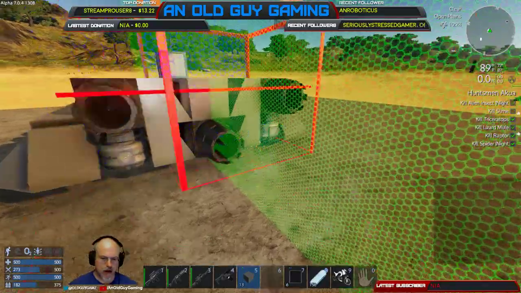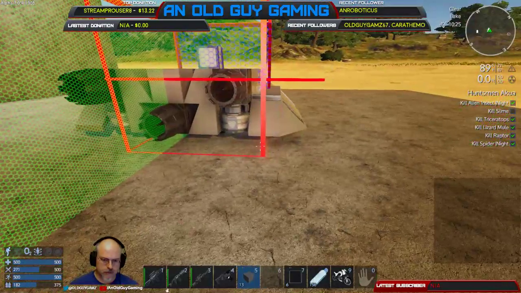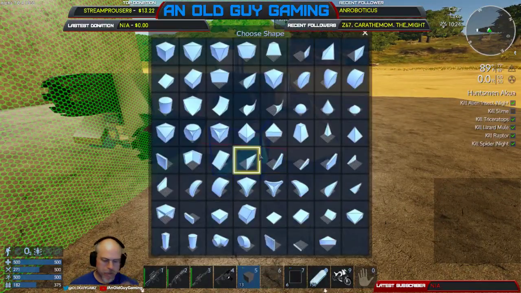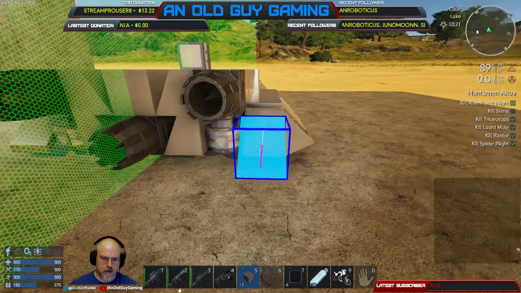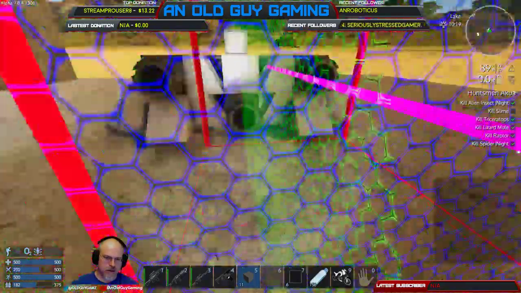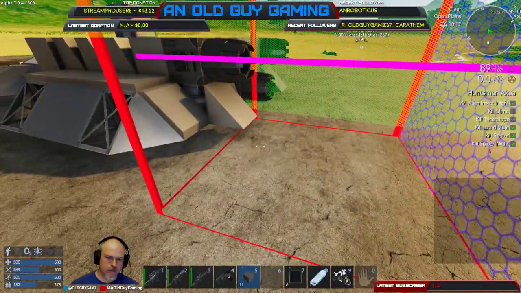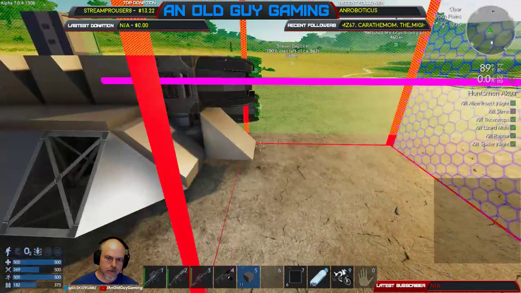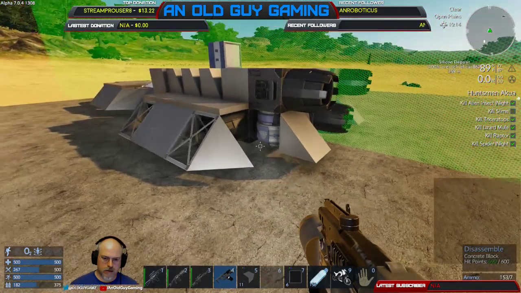Now, the next thing we're going to do is make sure everything is symmetrical here. It should be. Let me think about this. I think I want to do... We want to put that there. Yeah, I think that works. What if we, instead of doing that, what if we put...